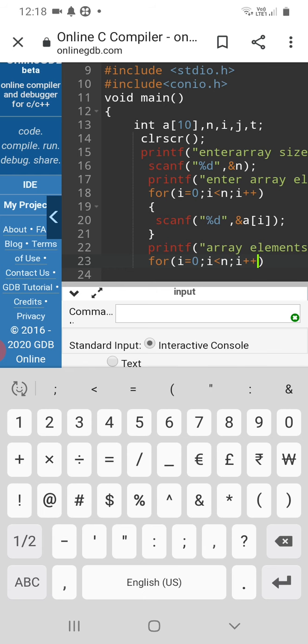There is no need to end it with a semicolon.